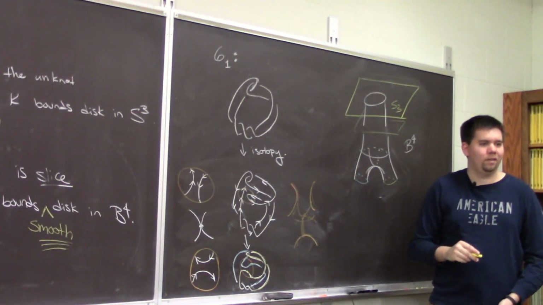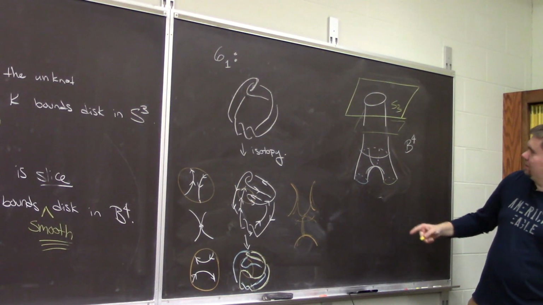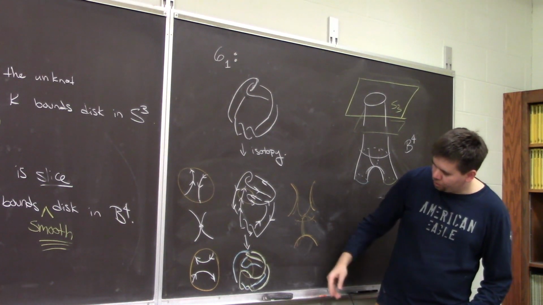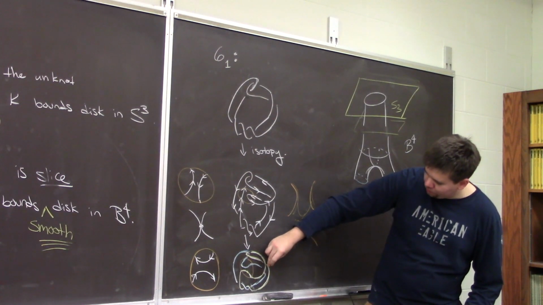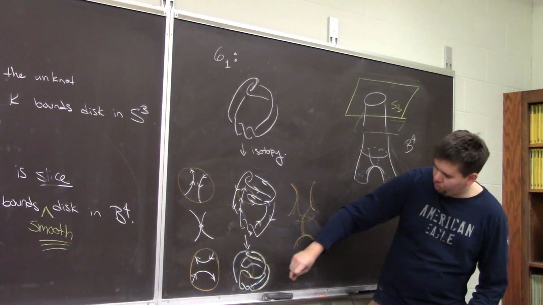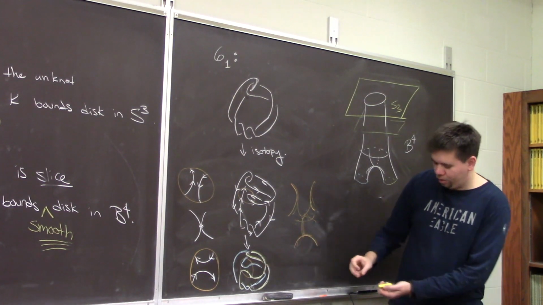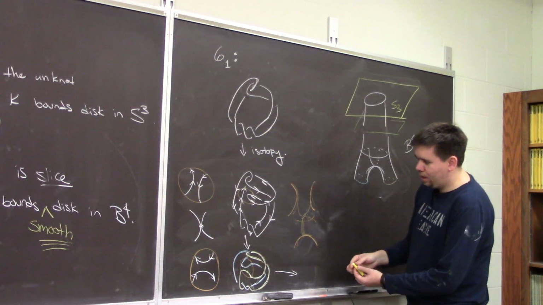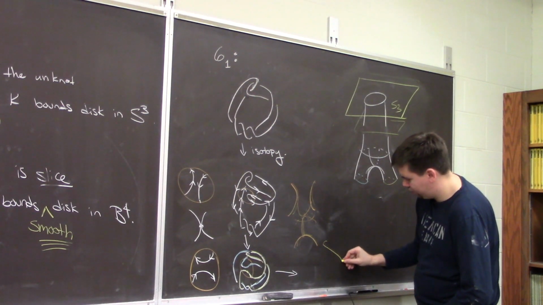Tracking with that? Okay. Well, I still don't have a disk. I wanted this to bound a disk. So let's think about these components now. Well, if you think about this yellow one, you can grab this string on top, and you can pull it over. And if you pull it over, this is just isotoping it, and you pull it over, then you end up with some picture that looks like